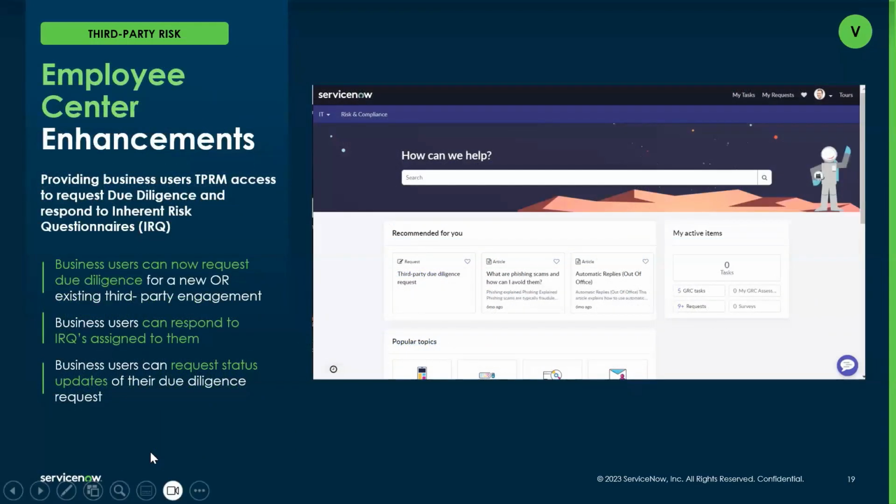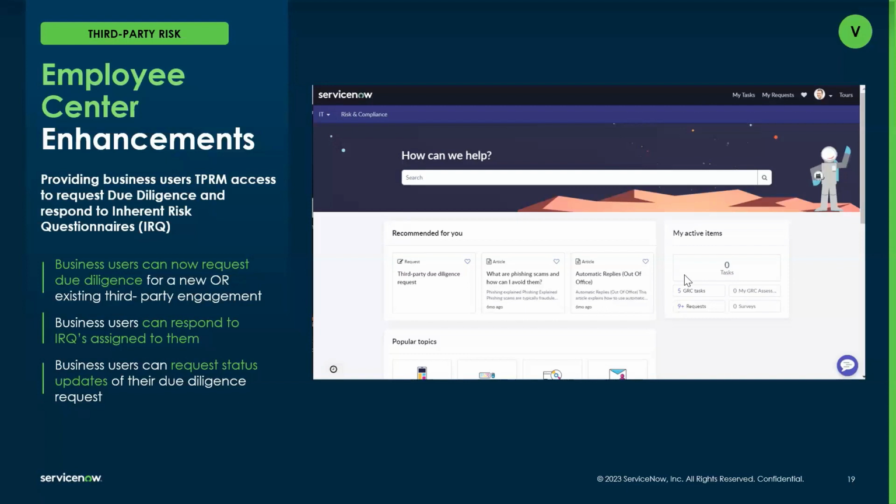So, the third party due diligence request on the Employee Center is available to all employees natively. With internal requirements, if you do not want that capability, that task, to be available to everyone and to be only used by certain team members, maybe it's department heads, managers, whoever it might be, you can configure that access.